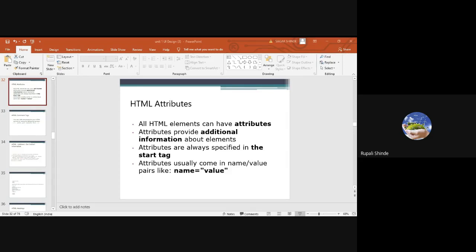It is nothing but a hyperlink. A hyperlink is used to jump from one page to another page, or from one document to another, or a web page, anything. We can use a hyperlink for jumping from one place to another.